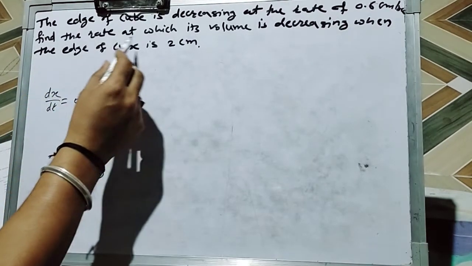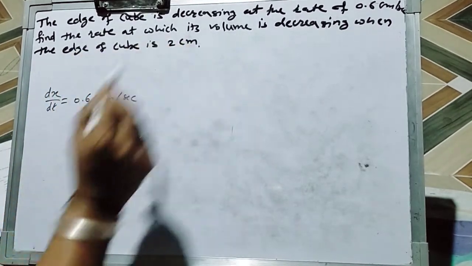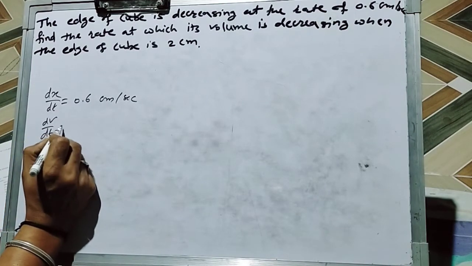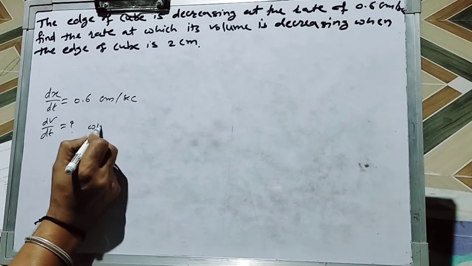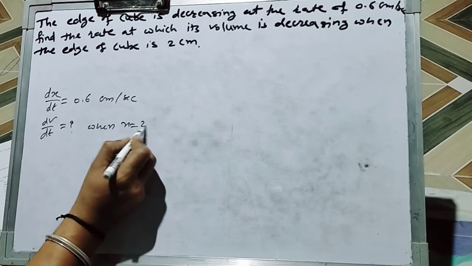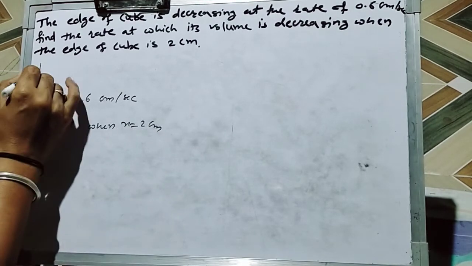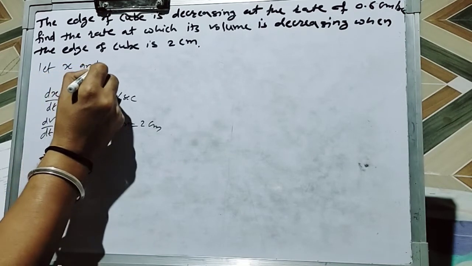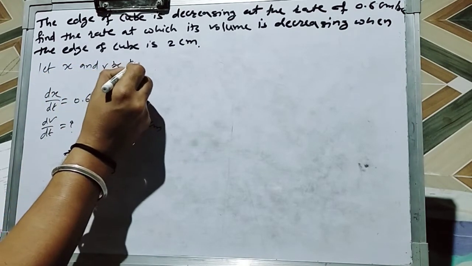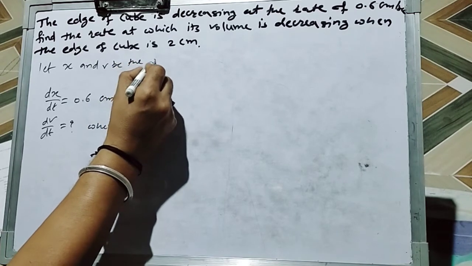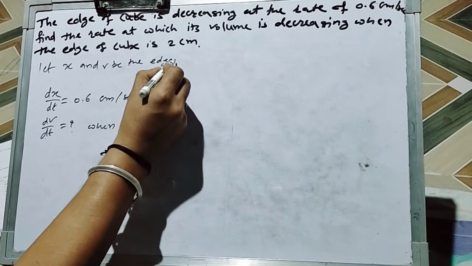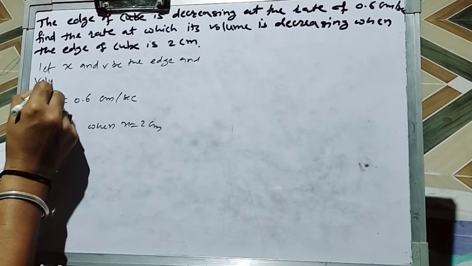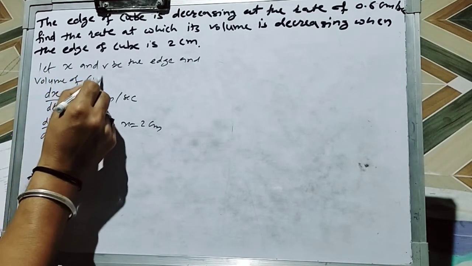Now find the rate at which the volume is decreasing. So we have to find dV by dt, how much whenever x is equal to 2 centimeter. So here let x and v be the edge and volume of the cube